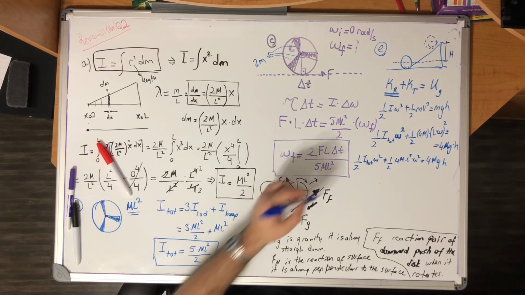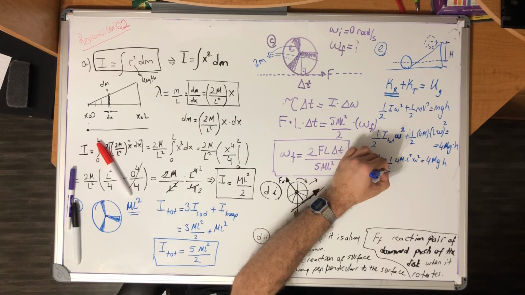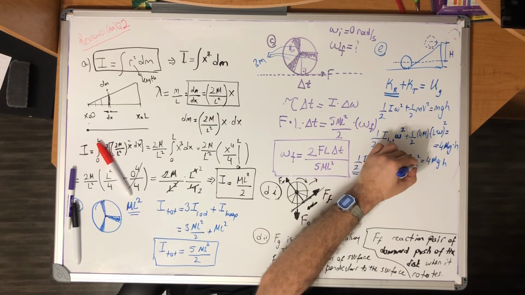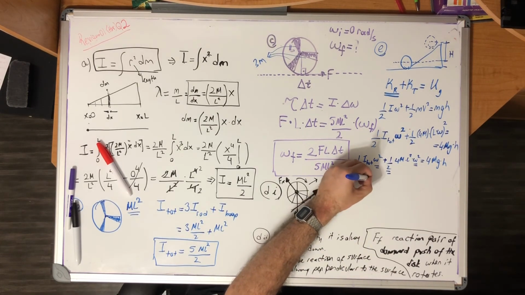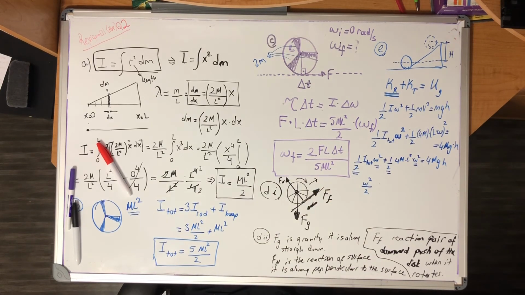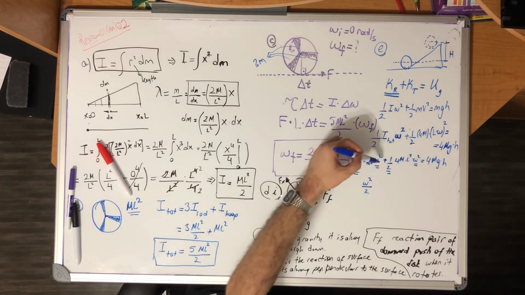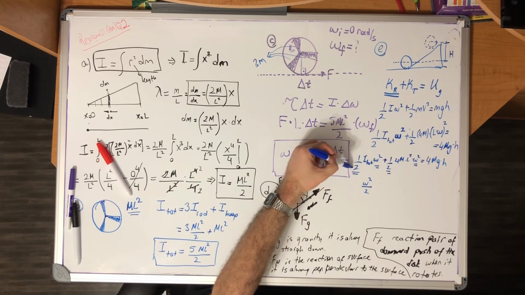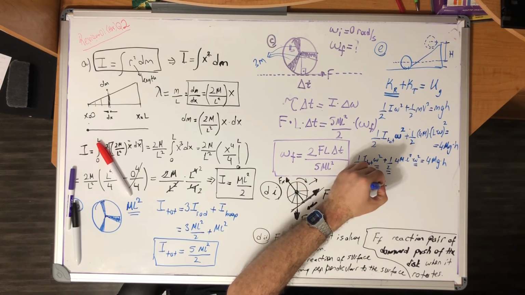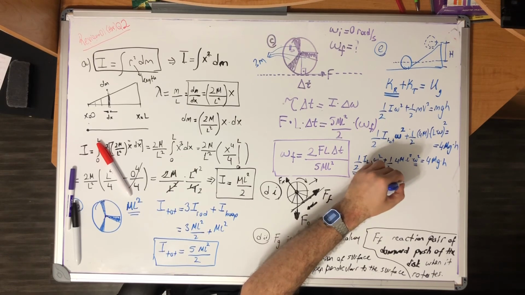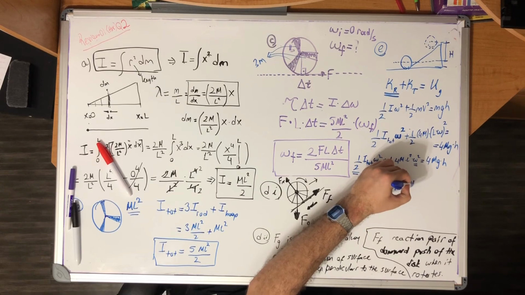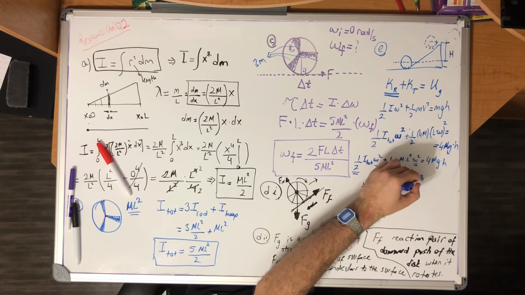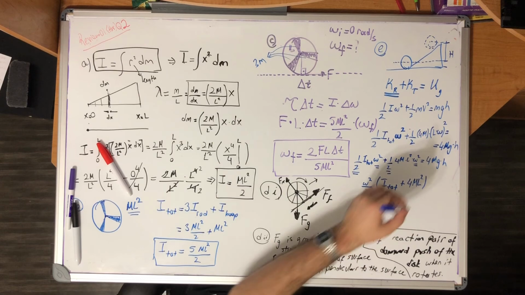I have 1/2 and omega squared, so I can take omega squared over 2 in parentheses. If you remove omega squared over 2 from this, you will only have I total plus 4m L squared on this side, and that's equal to